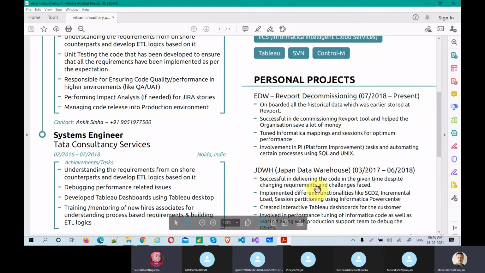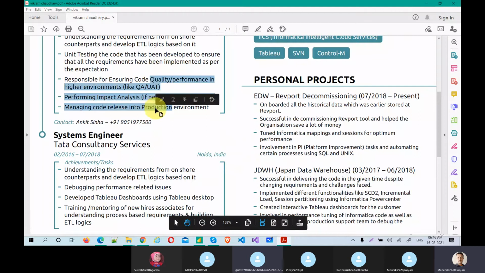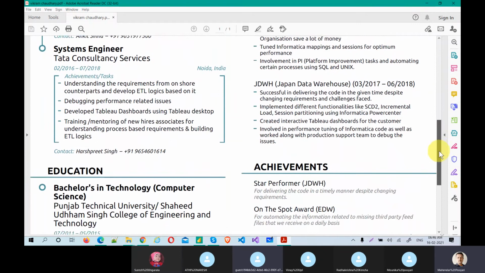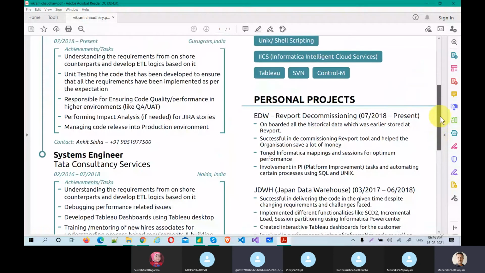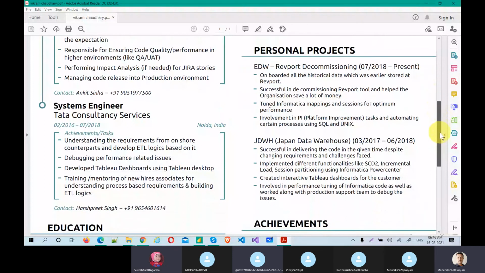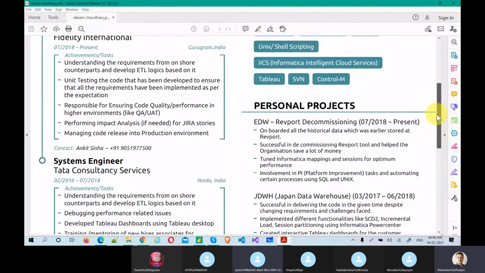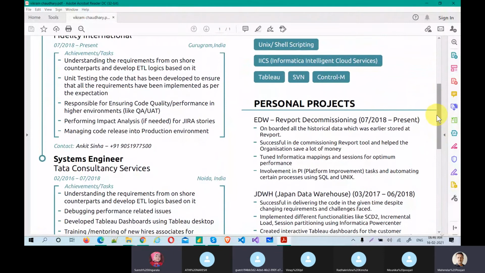This is actually making me confused. Japan Data Warehouse is a project, okay? And this is a project, okay? Throughout the company, what he has achieved, and he's talking about the project specific. But this is a new format altogether. Just check, guys. I know I'm a little late, but I don't know how HR or technical persons will react. Technical persons will be in an old mindset.